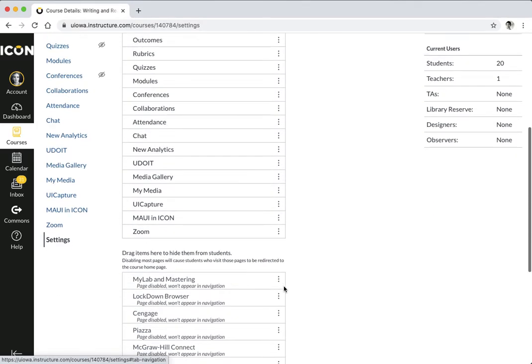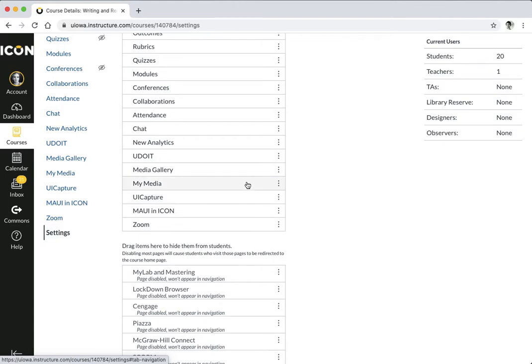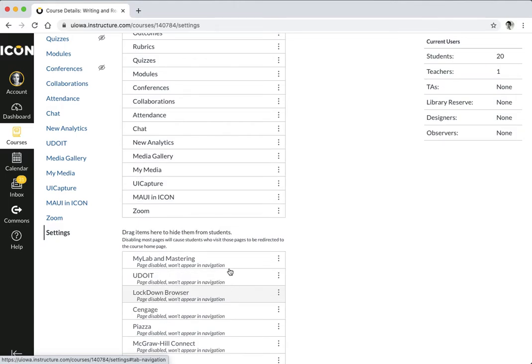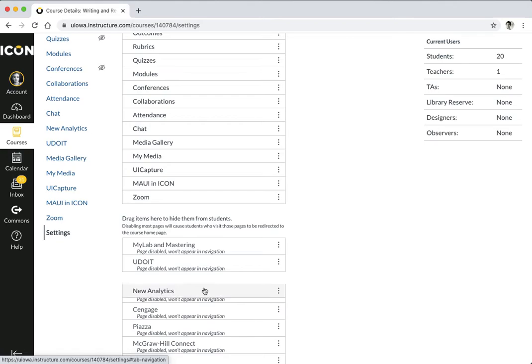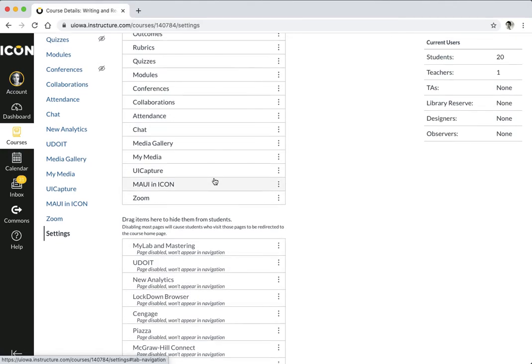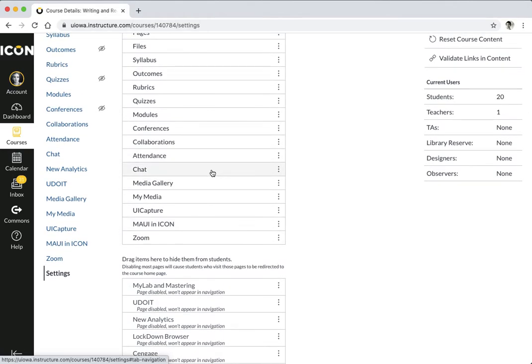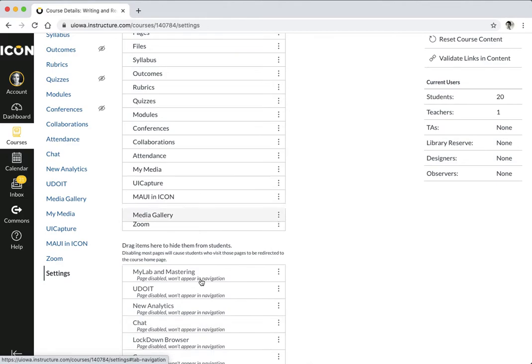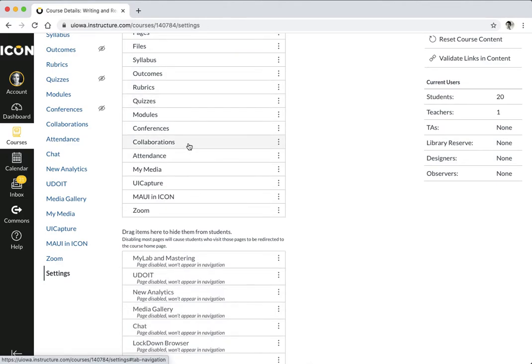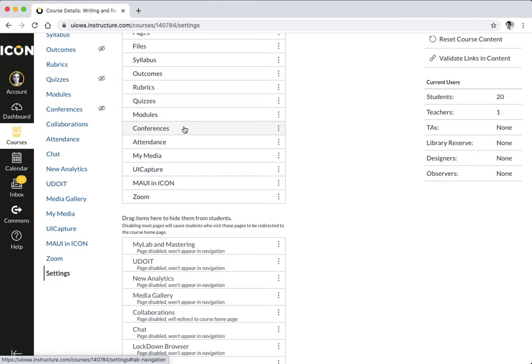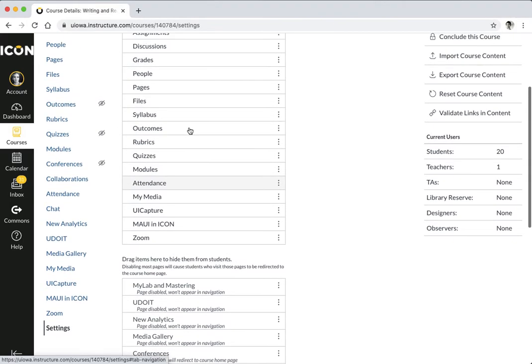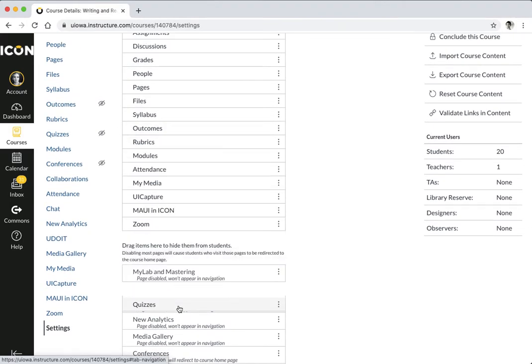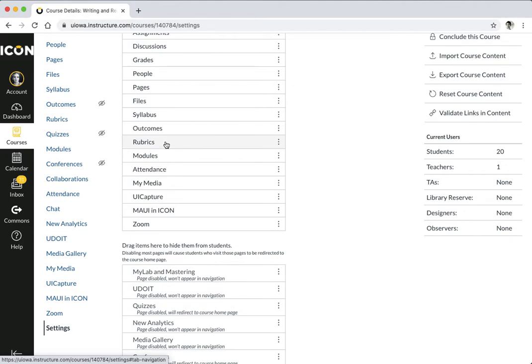So I'm actually going to drag a bunch of stuff that they don't need, right? Like they don't need this. And by just dragging it into this bottom column, that'll make it invisible to students, right? They're not going to use chat. They're not going to use the media gallery. We're not going to use collaborations in this class. We're not going to use conferences, right? We don't do quizzes. I also pull down rubrics because I like to have them access rubrics through the